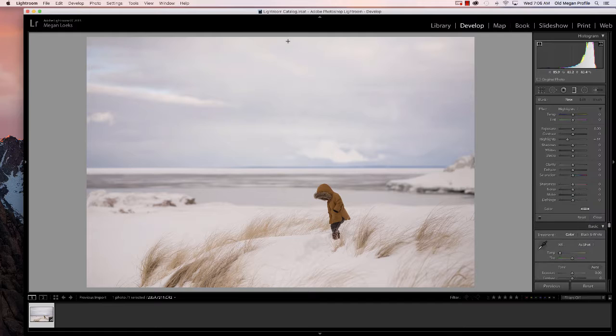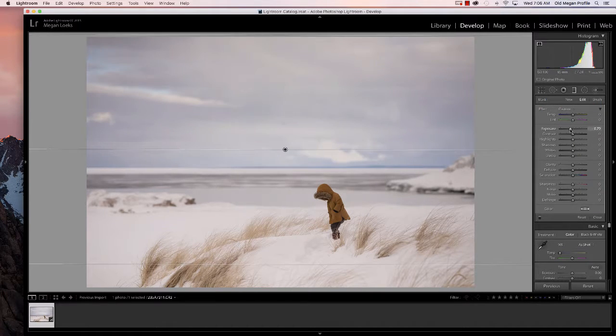So I'm going to take a graduated filter, and I'm going to take it from the top and drag it all the way down. Pretty far, actually. Okay, so like that. And then I'm going to select exposure. I'm going to bring down my exposure. I am going to add contrast. I am going to increase my shadows by bringing the slider down, increase my blacks, bump up my clarity quite a bit,